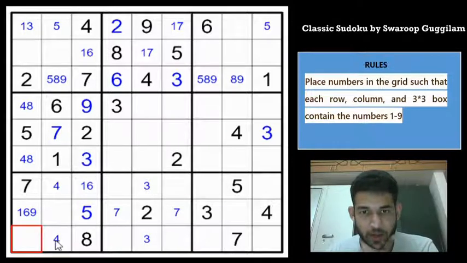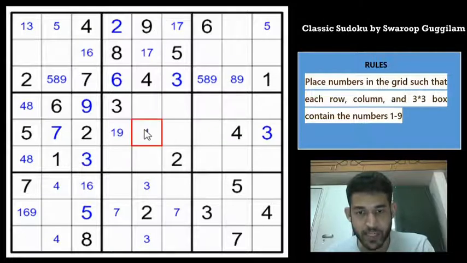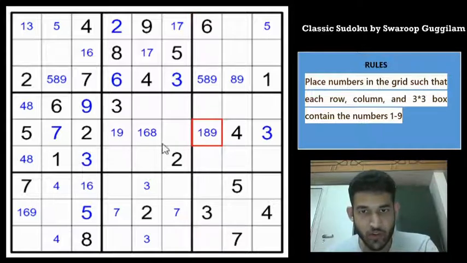So to avoid more clutter. So if you look at row 5 now, 2, 5, 7, 3 and 4, right? Remaining digits are 1, 6, 8 and 9, but 6 and 8 is here, so this must be 1 and 9, and this must be 1, 6 and 8 because of the 9 here. This must be 1, 6, 8 and 9, and this must be 1, 8 and 9. So along row 5, 6 must be in one of these two cells.